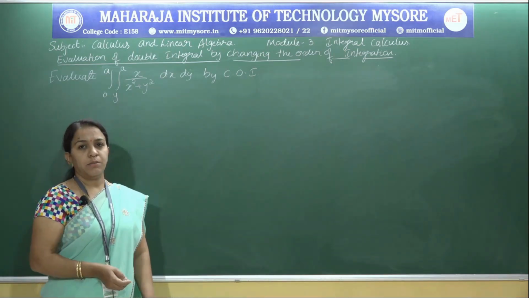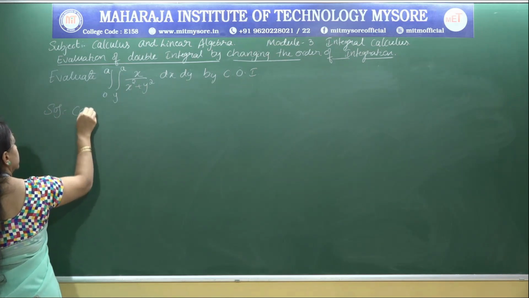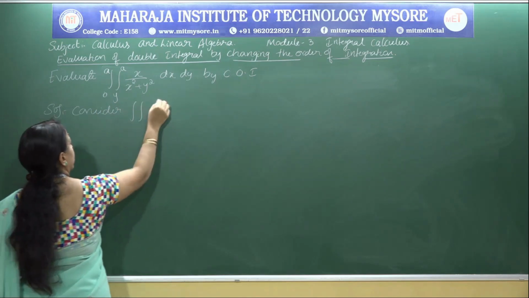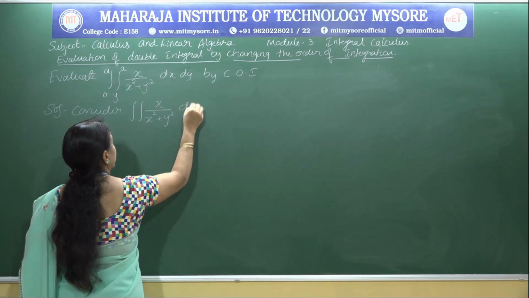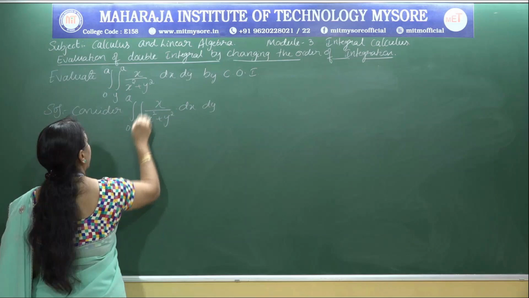Consider the given double integral, x by x square plus y square dx dy between the limit 0 to a and y to